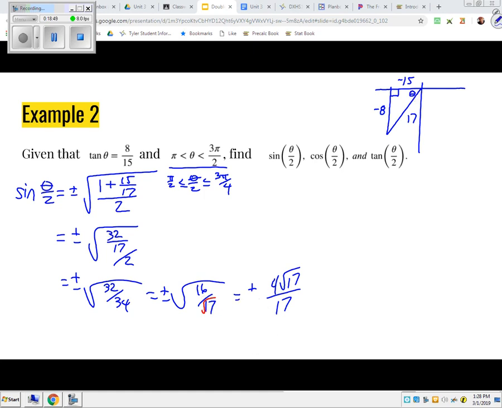You work it with cosine with your pod mates and see if we get the same thing. It's positive because we're in the second quadrant. Theta over 2 is in the second quadrant. Theta is in the third quadrant. If I take half of this angle, suppose it's, I'm going to make up an angle that will work, 210 degrees. Half of 210 degrees is 105, right? So that means half of this angle is only going to go around to right here and be in the second quadrant. Okay? All right, so you try cosine of theta over 2,